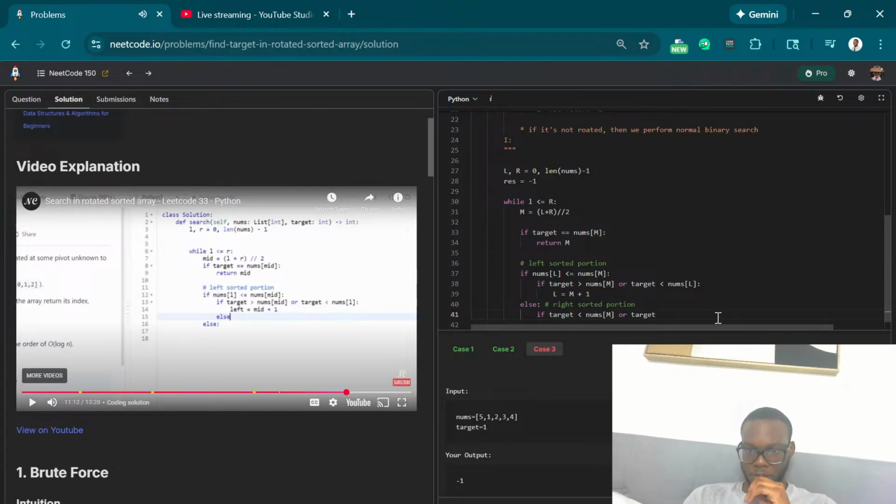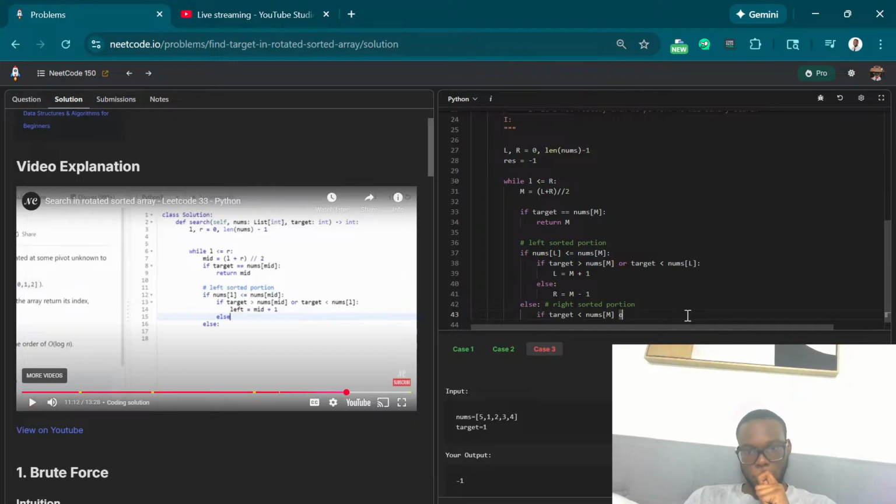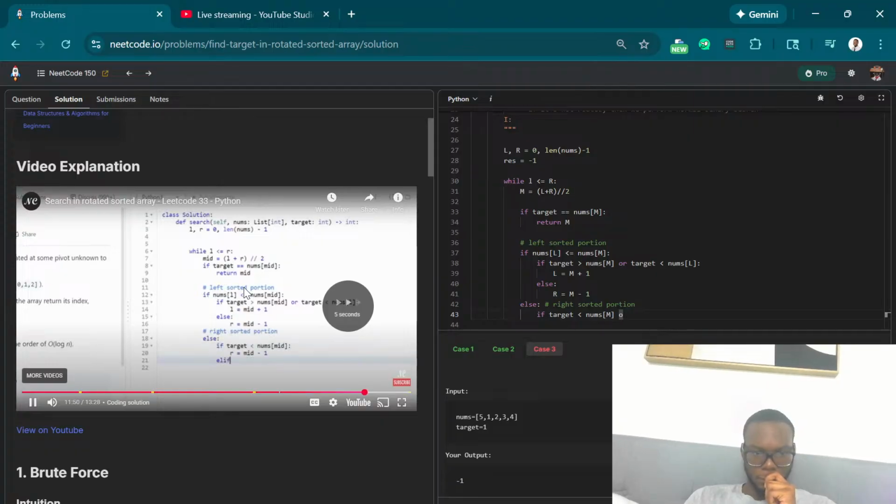And if this isn't true, meaning target is